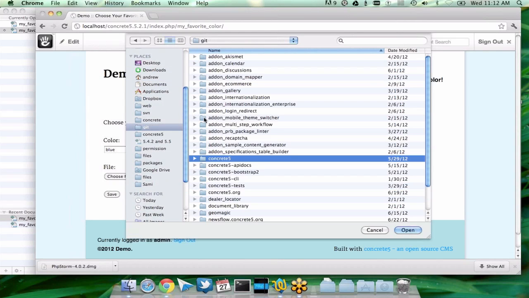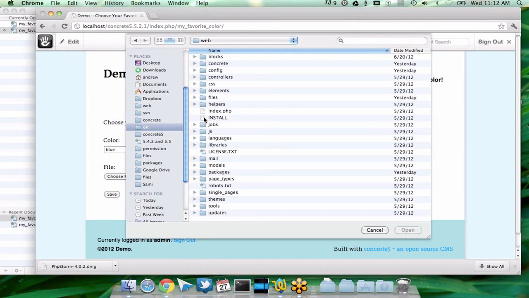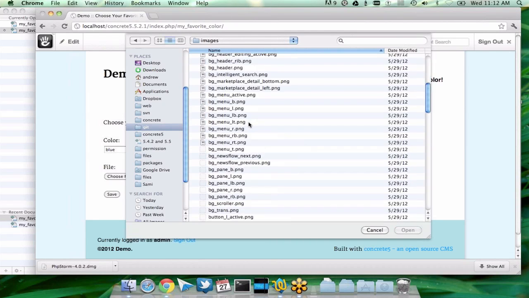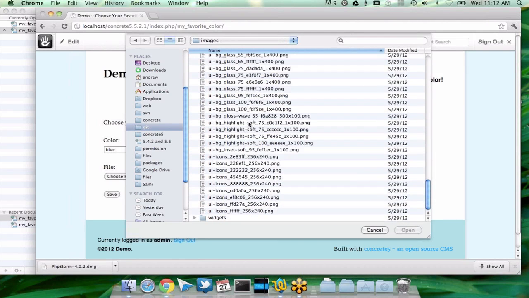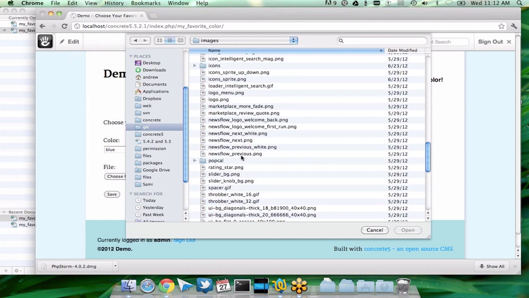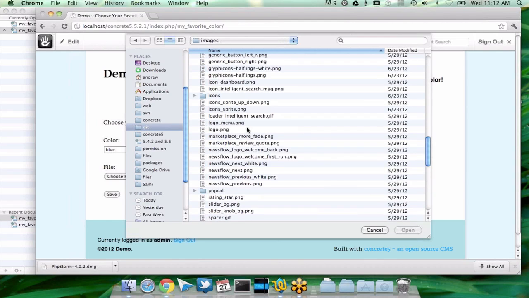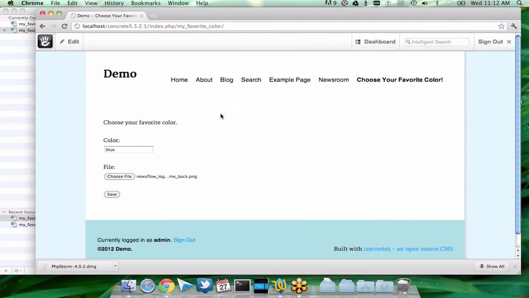Oh, goodness. All right, we're going to just grab something from within the concrete directory itself. That looks good. Newsflow logo, welcome back. Okay. Now,